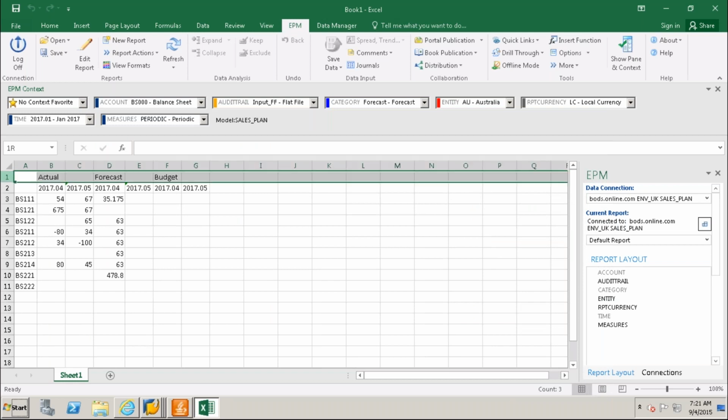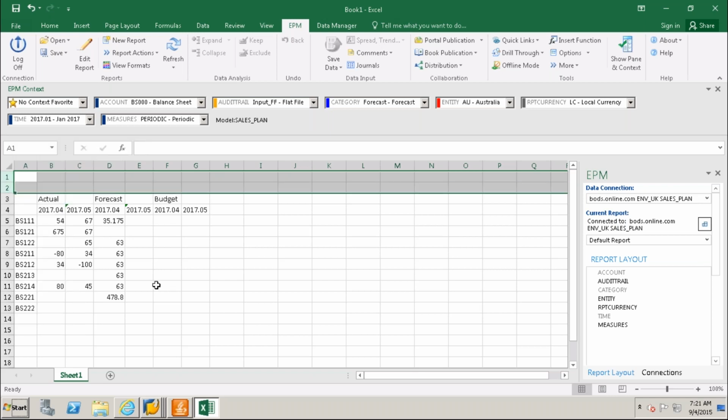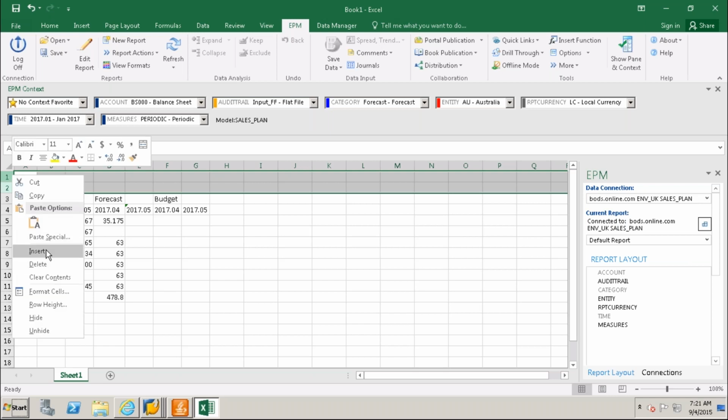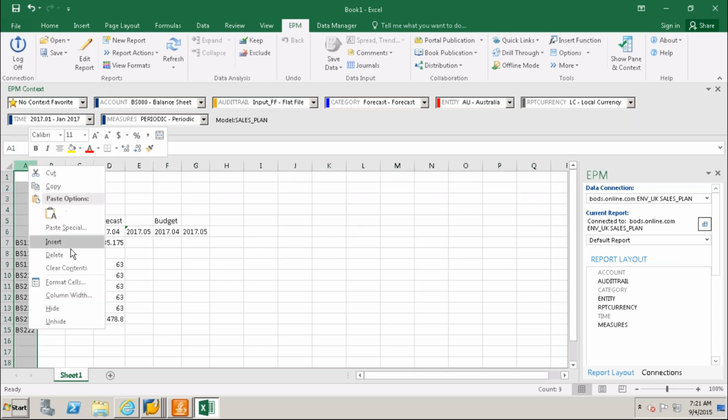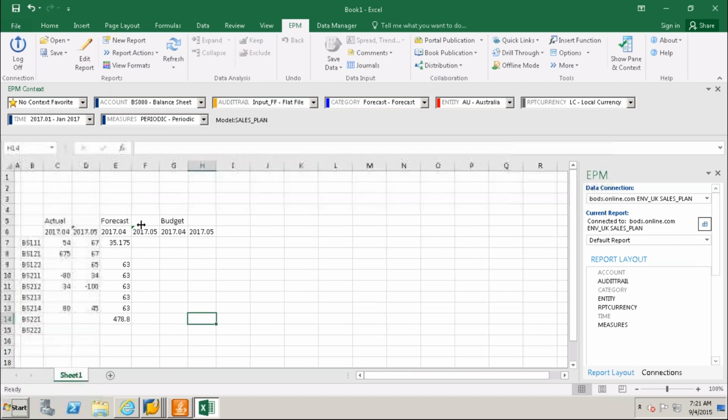So what I'm going to do now, I have my actual values here for this month.